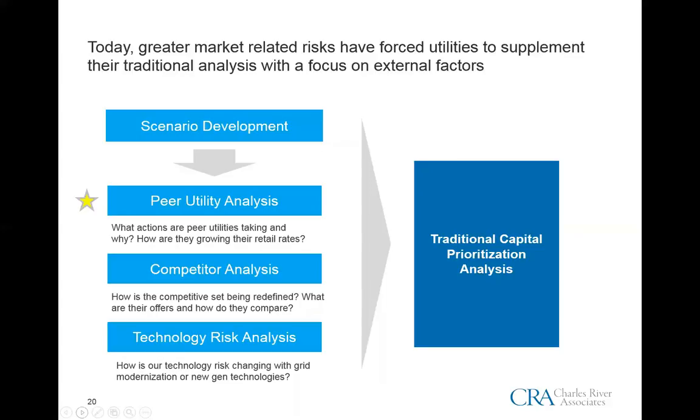So on this slide, what we're pointing out is a couple of different processes and evaluation frameworks that utilities can take to undertake peer utility analysis, maybe a competitor analysis that gets very specific in terms of what other challenges are out there in line with those that Jim outlined, and a technology risk analysis that takes a look at what a utility's plan might be compared to, again, what risk they may be undertaking by going into new businesses or advancing down the renewable or grid modernization paths.